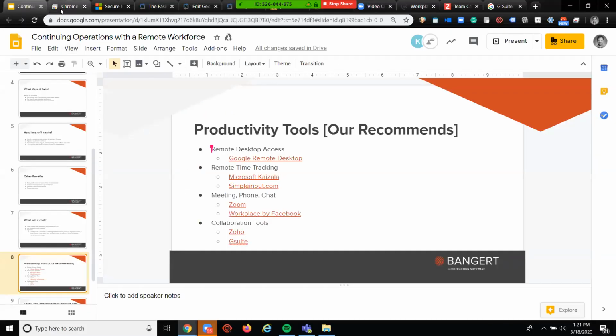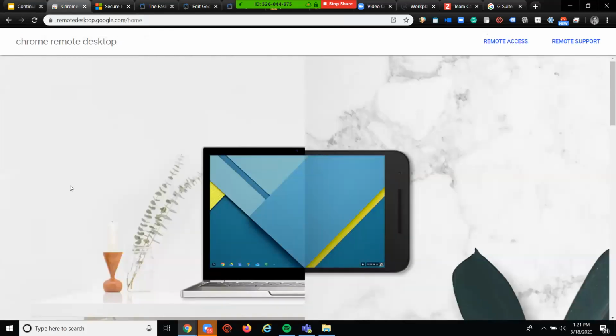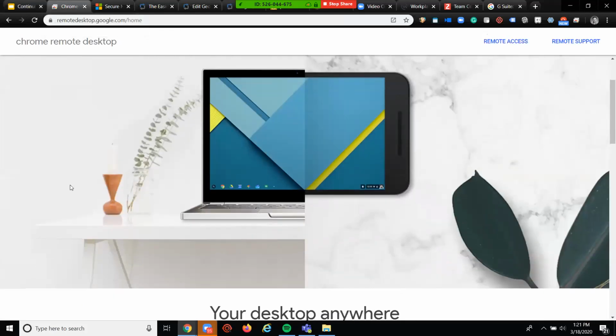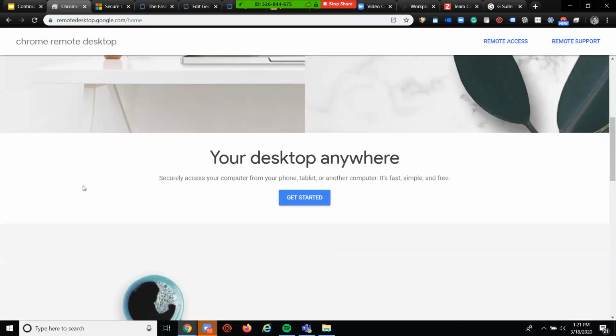So if you're looking for something quick and simple, hey, I need to get my employees out of the office today. They still need to be able to access their system. Google Chrome Remote Desktop, it does require the Chrome browser, but you can link up any computer with your Google account, with your Chrome account, and it's a pretty slick system. I think Kevin and I set it up in about 5 minutes or so.